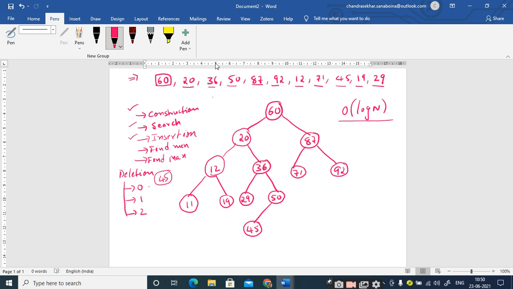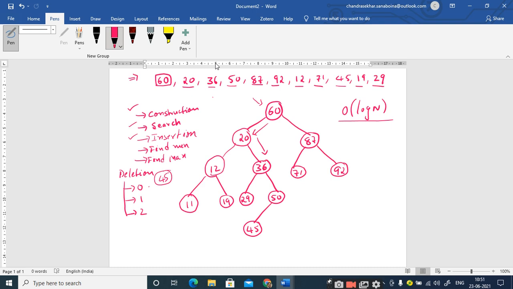First you have to perform the search and identify whether the element is present in the binary search tree or not, and then you have to process the things, right? So let me perform the search operation. Is 45 present or not? How do you perform the search operation? I take the pointer here and compare this 45 with the root node. Since 45 is less than 60, go to its left hand side, compare 45 with 20. Since 45 is greater than 20, go to its right hand side.